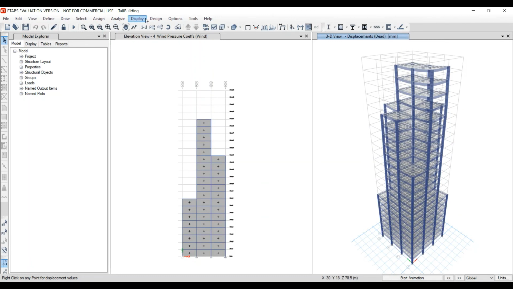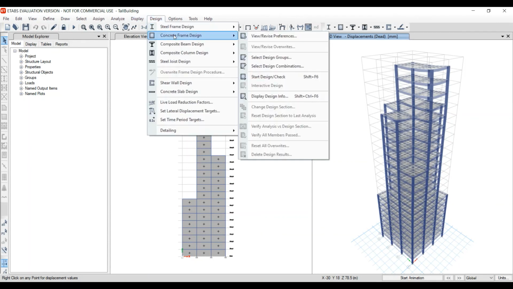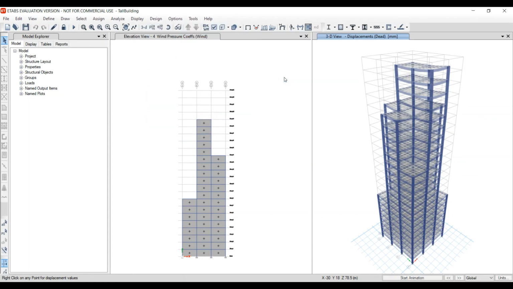Yes, then click on design, concrete frame design. Then click on start design or check.